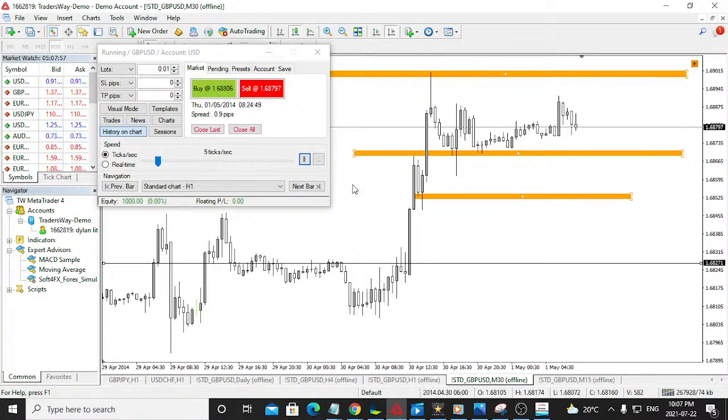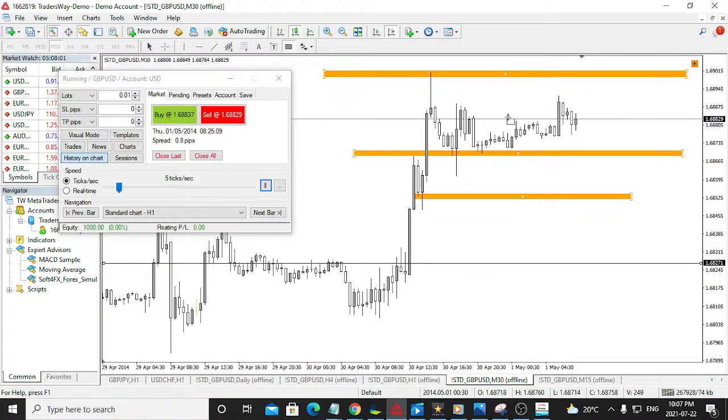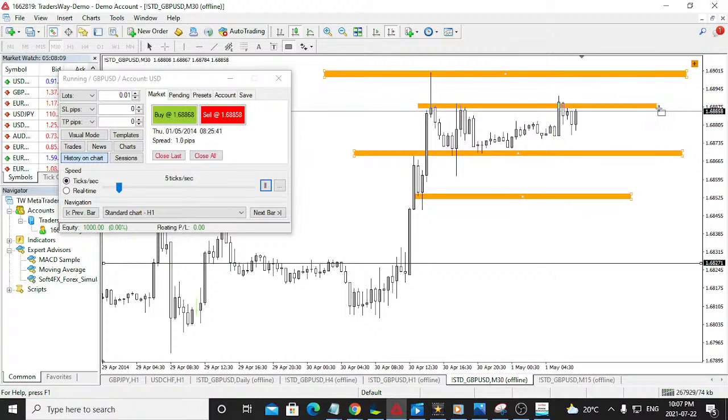You could at the same time say that even though we came up and then we broke down, this area still is some sort of resistance because you have candles that couldn't break above this area and then you finally had a candle that broke above, right? So you could say this is technically a level of resistance. It's just this wick right here is kind of